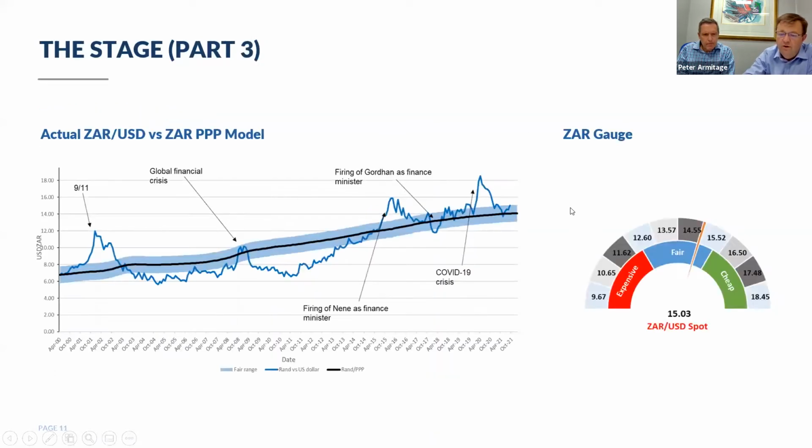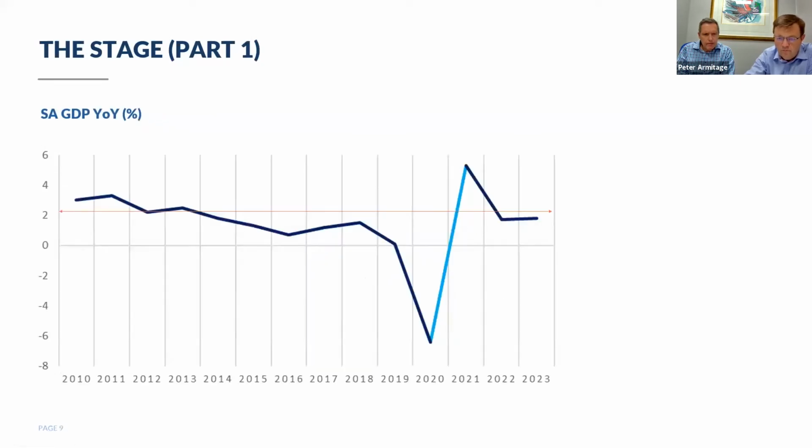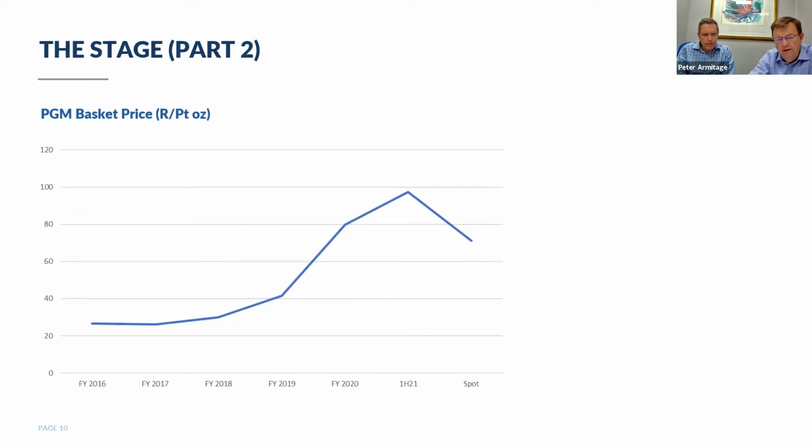But then again, we think leveling off at around the kind of 1.5 to 2% if we're optimistic type level. So we've always got to bear this in mind. And we're never going to sit with a default of a company which is purely driven by the SA economy. The second thing that we've got to keep a very careful eye on, and a massive driver behind our market,